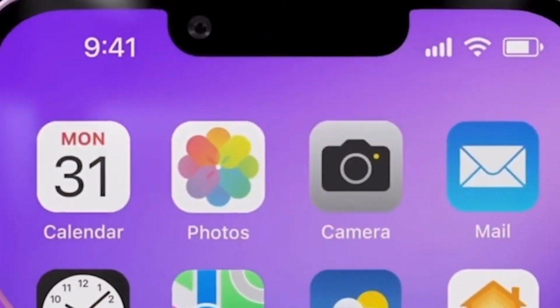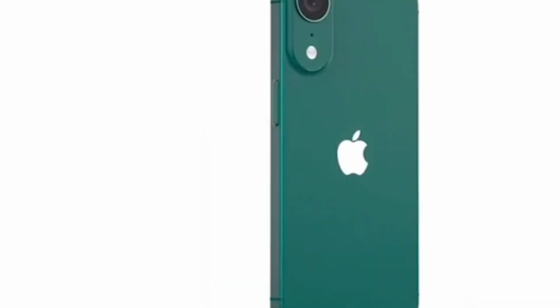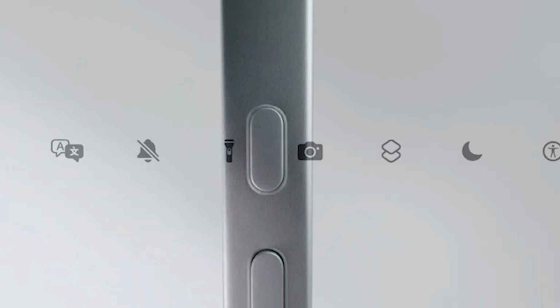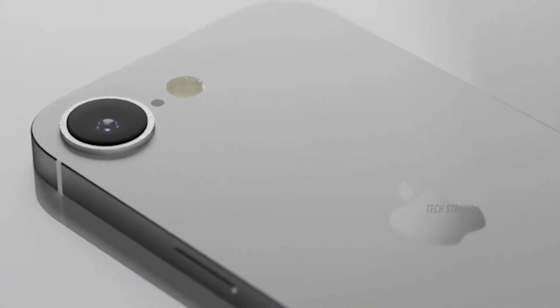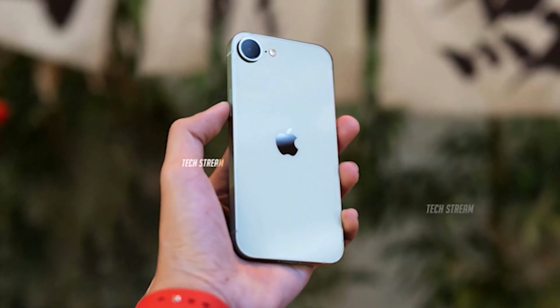Surprisingly, the iPhone 16e even supports visual intelligence. With a quick press of the action button, you can activate Apple's AI Vision mode and get real-time info about the world around you. That's a big deal. Speaking of the action button, it's here too. First introduced on the iPhone 15 Pro, this customizable button can launch shortcuts, activate Shazam, start voice recordings, and even